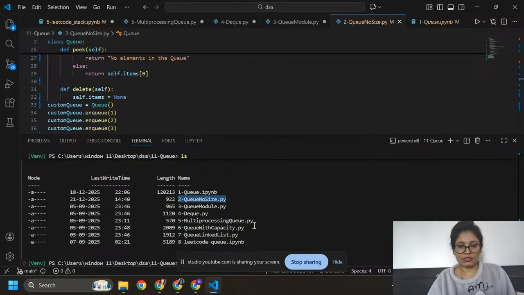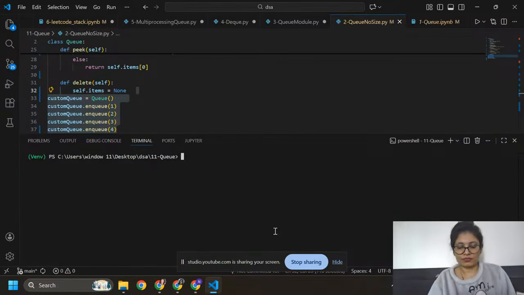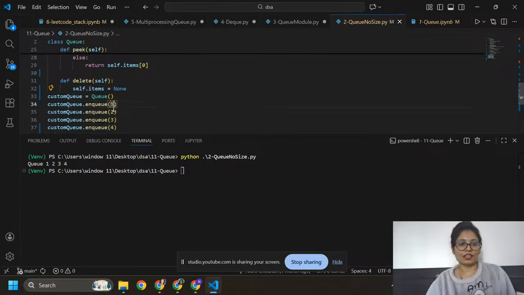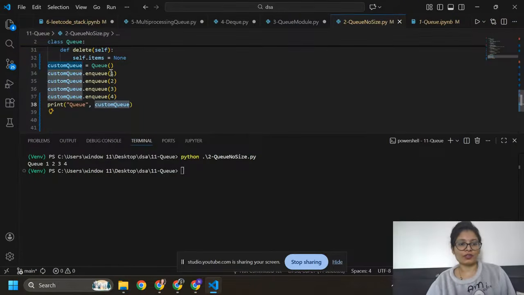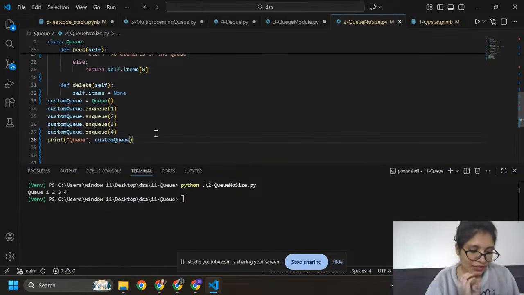So here I'm going to write python and run this file. Okay, so I got my queue 1 2 3 4. I printed here my custom queue, 1 2 3 4. And here I need to minimize this. Okay, so after this we can print